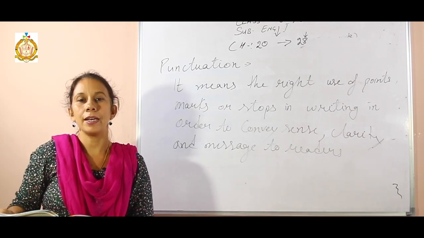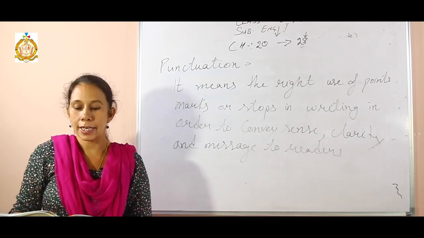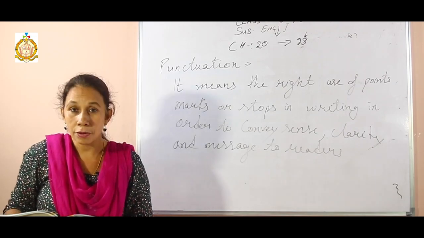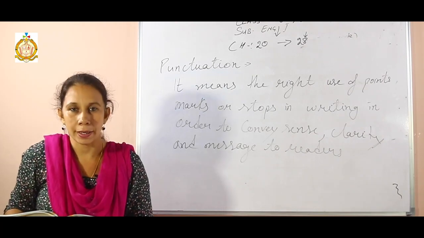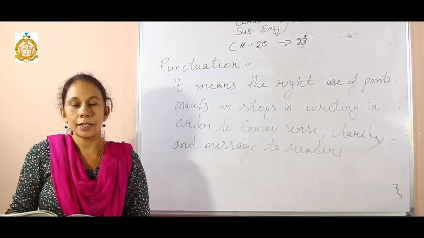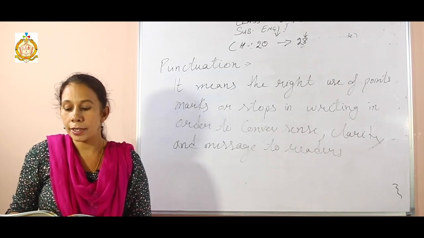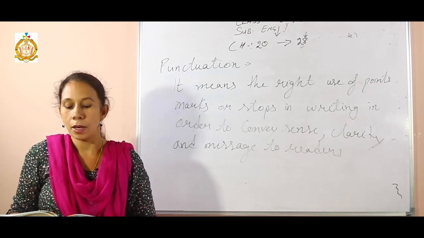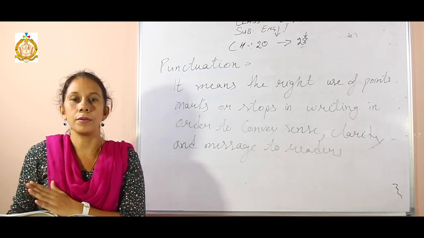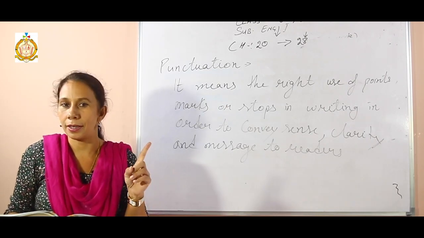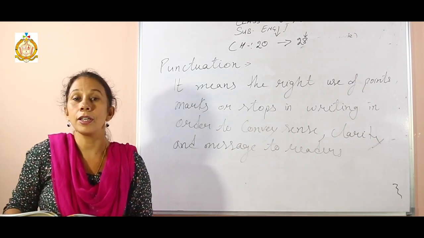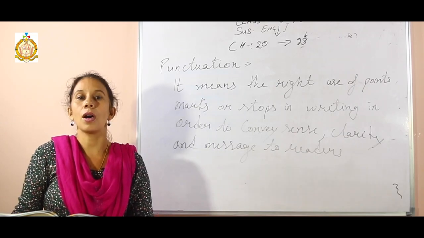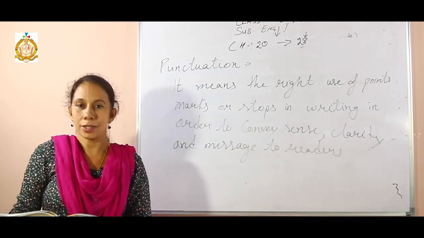You can use a capital letter at the beginning of a sentence. Secondly, to begin each fresh line of a poem: when you are going to write poetry, each fresh line of the poem starts with a capital letter. Thirdly, a capital letter is used to begin all proper nouns and adjectives formed from those proper nouns. Fourthly, you can use capital letters for nouns and pronouns referring to God. For example, the Almighty, the Lord. Here you can use a capital letter.